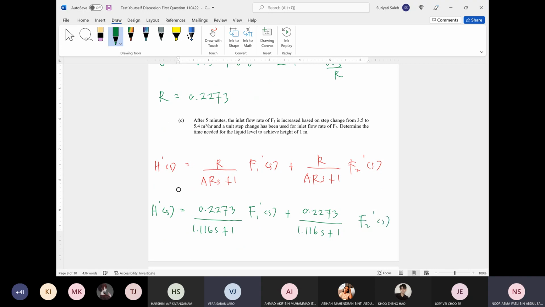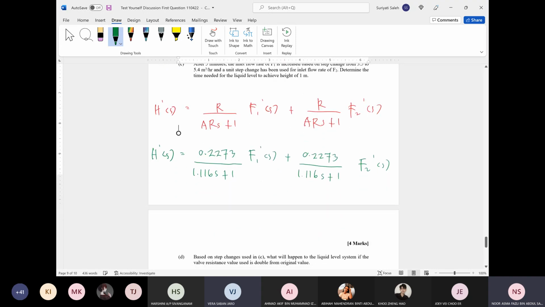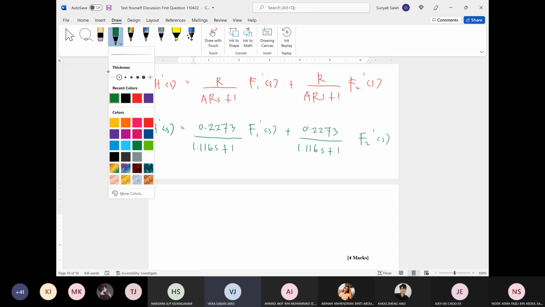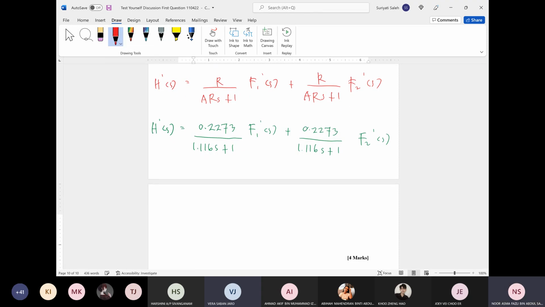Based on this, the next step relates to the Laplace inversion. We convert the Laplace transform into the time domain form. Since this is first order, that means the inverse Laplace